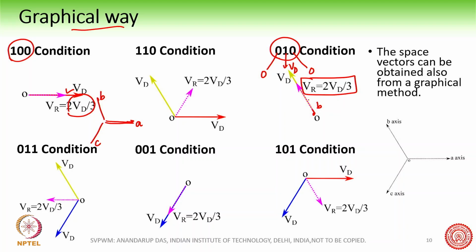This is the B axis, and it will have this magnitude of 2/3 VD. So therefore it is not always necessary to go with the mathematical treatment. You can also visualize how the space vectors are being rotated. As you take up different combinations, you can understand that as you move from here to here, or from